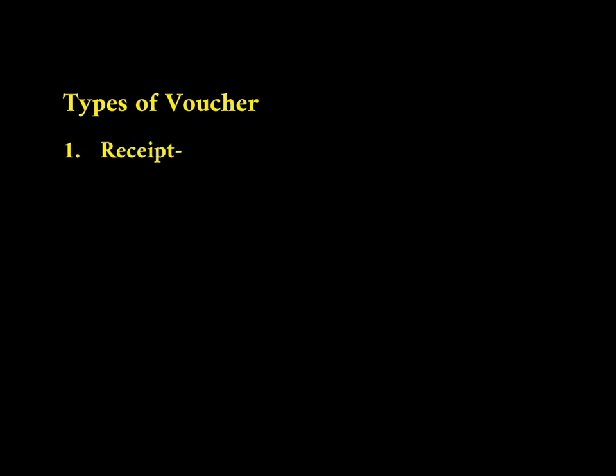The first is receipt vouchers. In the receipt voucher, amount is received by way of cash. When the cash comes to you, you are going to make a receipt of that. Once you sold goods, cash will come to you. So cash account debit to sales, like this entry you are going to pass. That time you are going to make a receipt voucher. Means amount received by way of cash, you make a receipt voucher.